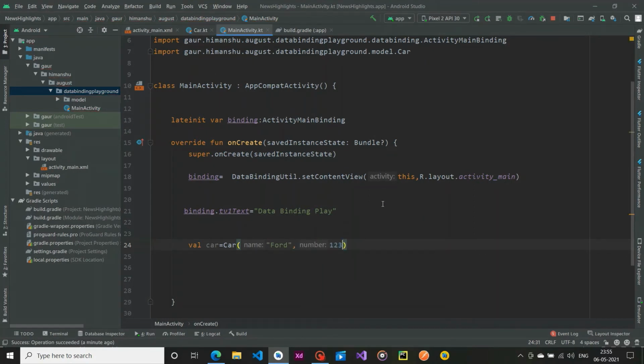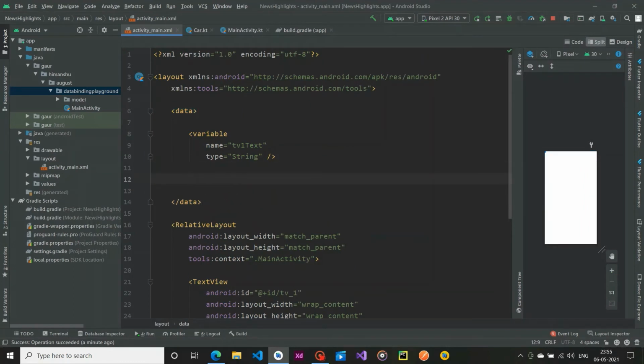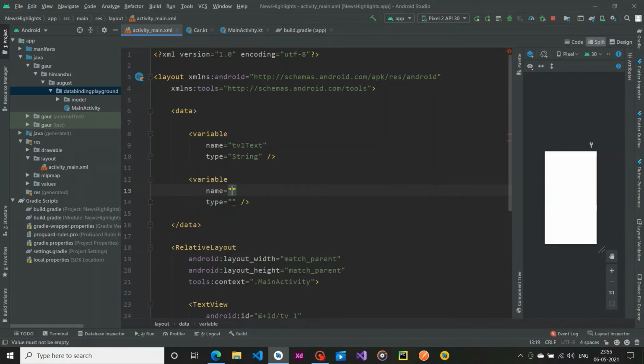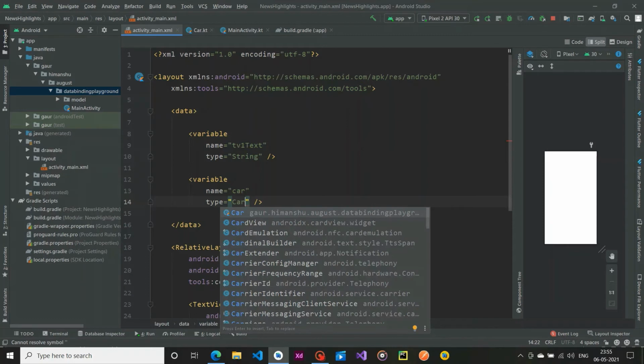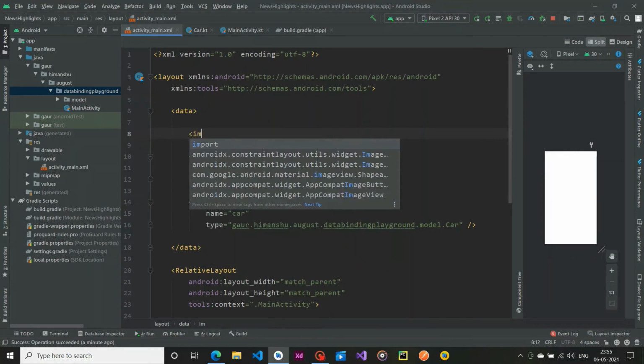All right, so as previously with the data, we are going to create some sort of variable in here. So a variable, and the variable name is car, and it is of type Car. So instead of writing this long string, we have one more way. The way is to write import.